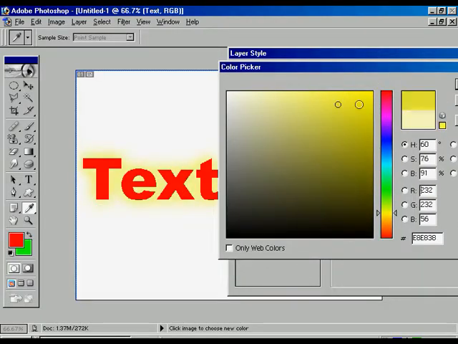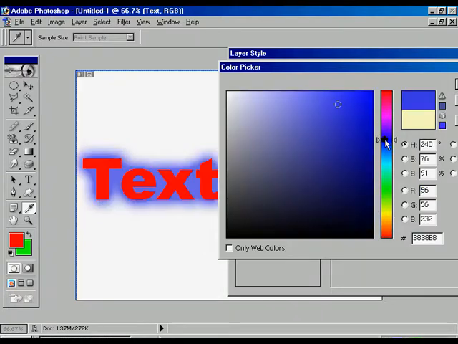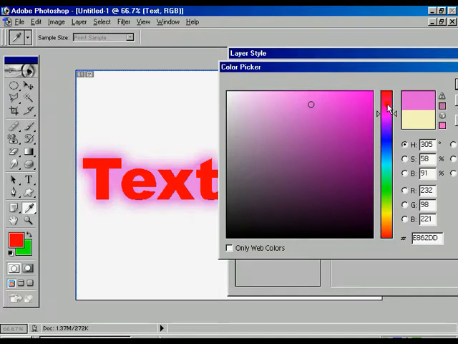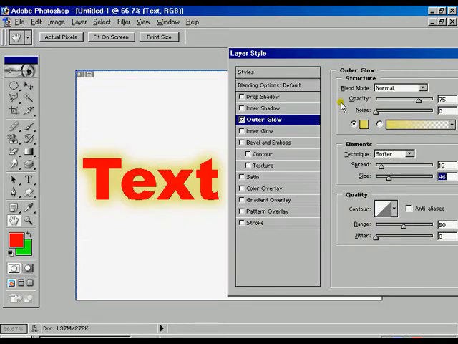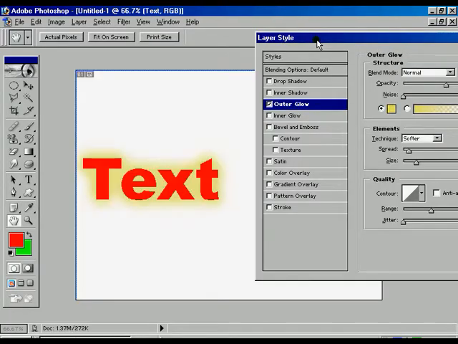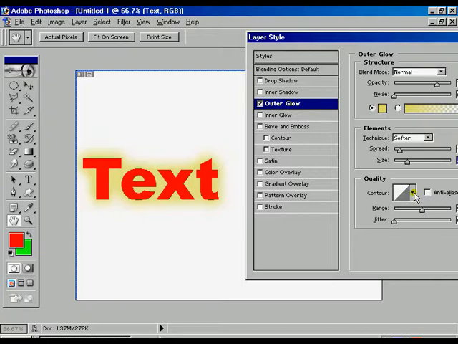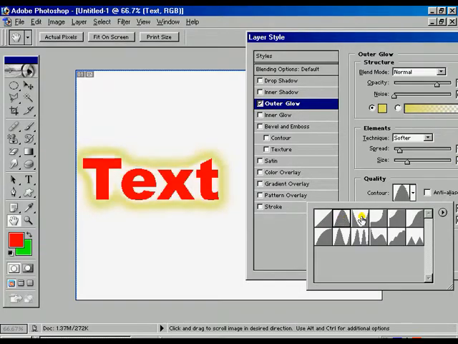Suppose it is blue, we can change it. If it is pink, then press OK. Now we can change the style of the outer glow.